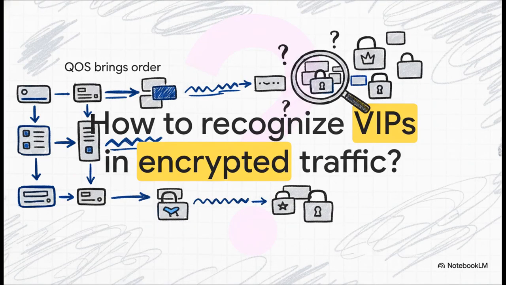So, we've seen how QoS brings order to chaos, taking us from the high-level theory of DiffServ all the way down to the exact command lines in Cisco's MQC. But you know, networks are always evolving. So, I want to leave you with this provocative thought. Deep packet inspection engines like NBAR completely rely on seeing application signatures. As more and more of the internet shifts to heavily encrypted, disguised traffic, hiding in standard web ports, how will tomorrow's routers even know who the VIPs are?